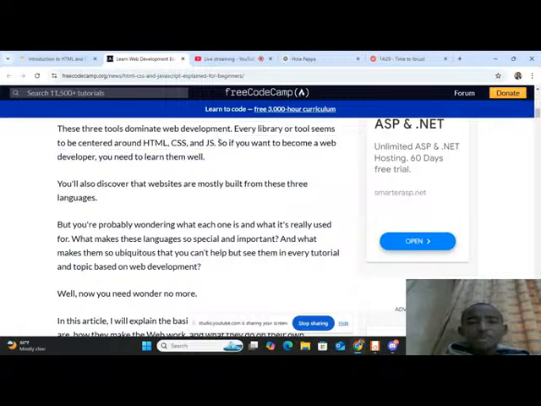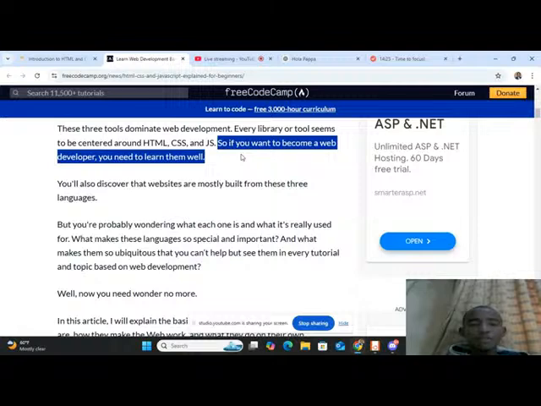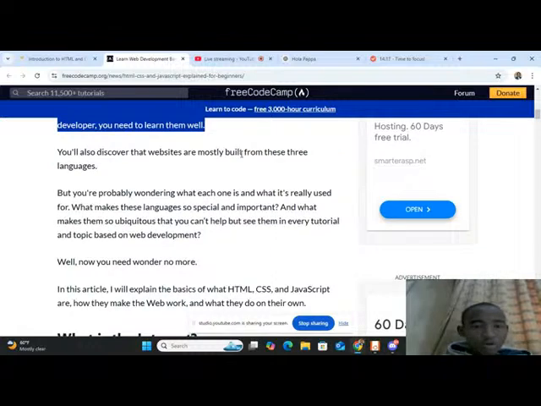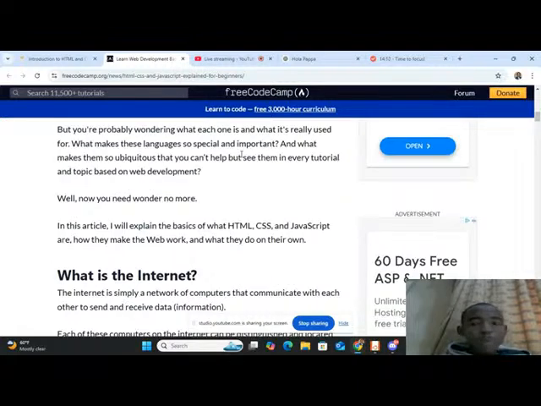So if you want to become a web developer, you need to learn them well. Wow, this is what we are up to. That is the goal, not just learn them, learn them very well. All right. You will also discover that websites are mostly built from these three languages. Exactly. But you are probably wondering what each one is